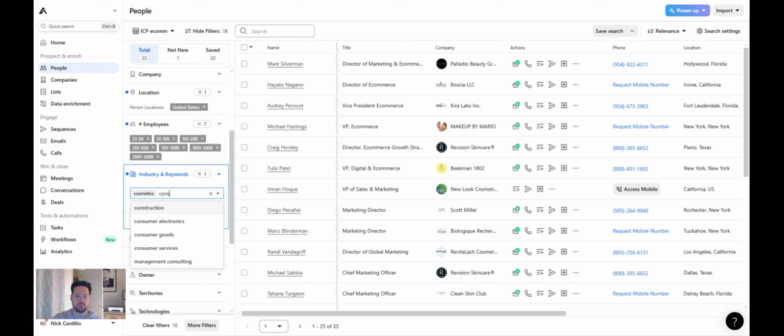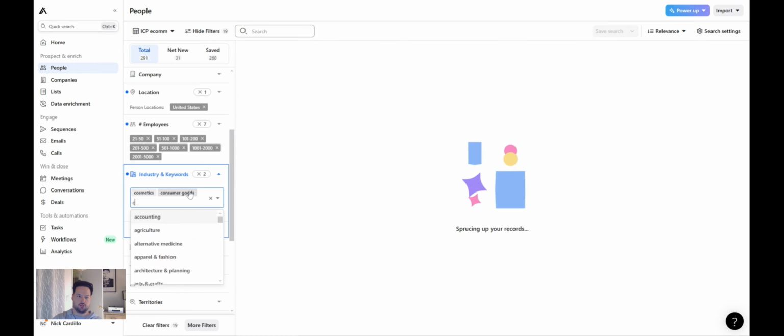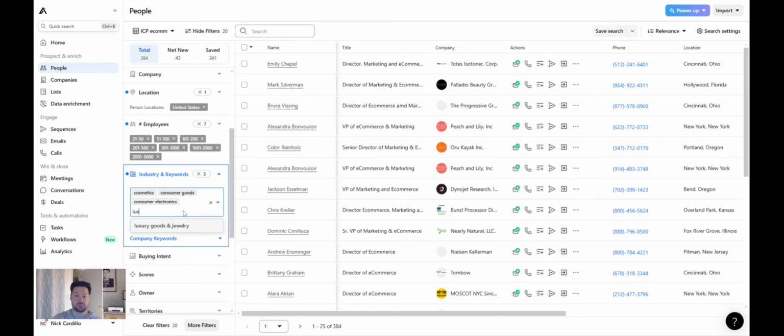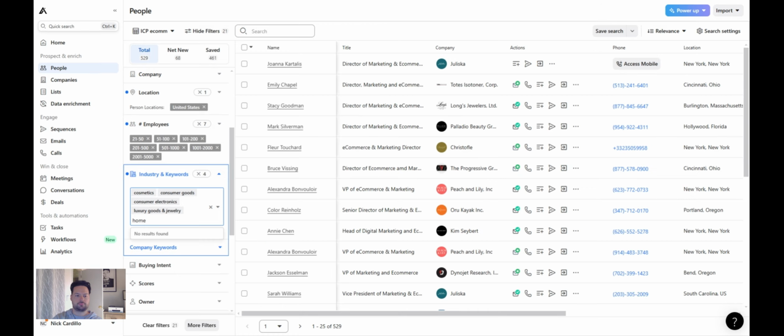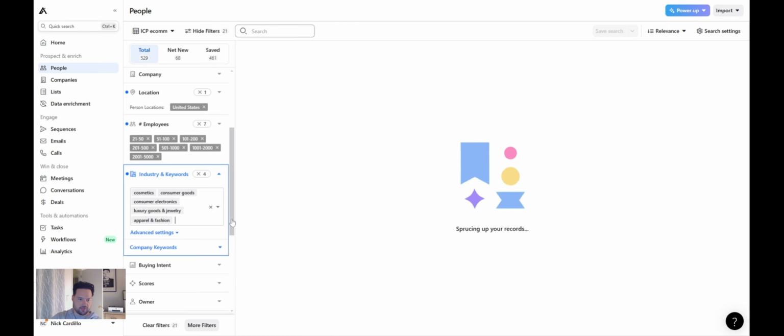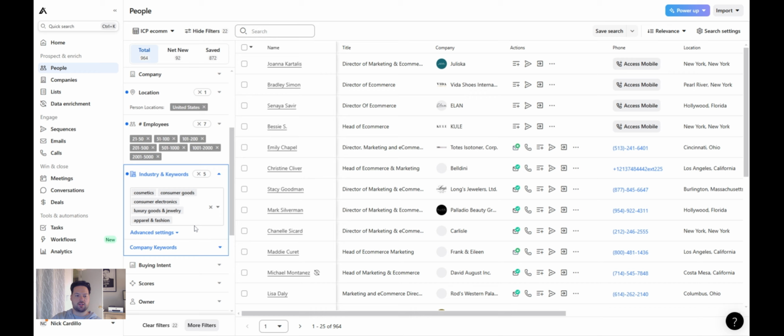They have a consumer goods one as well. You saw consumer electronics one as well. I know they have a luxury goods and jewelry one too. And we'll also add apparel and fashion. Now there's some other ones on there that we could add. They have a long list, and you can comb through here and select for whatever list you're trying to build